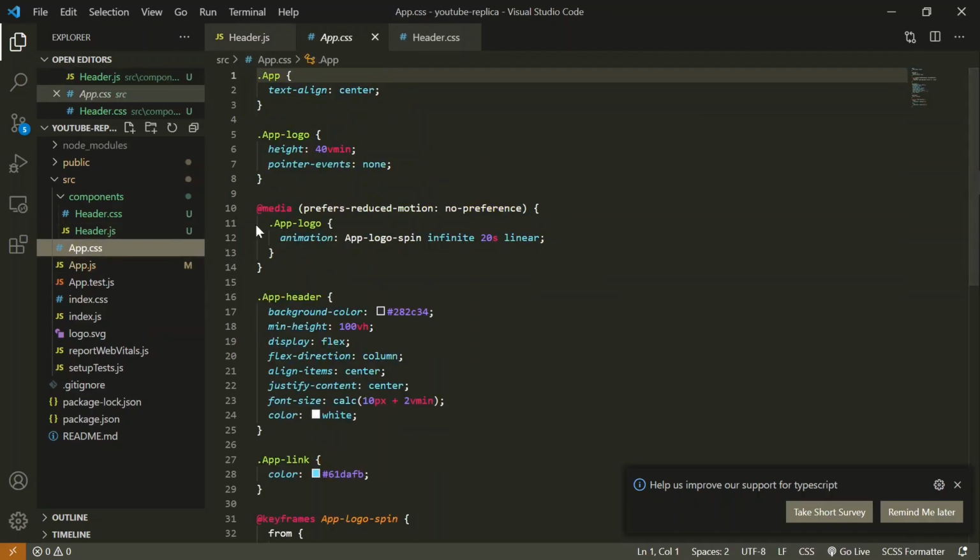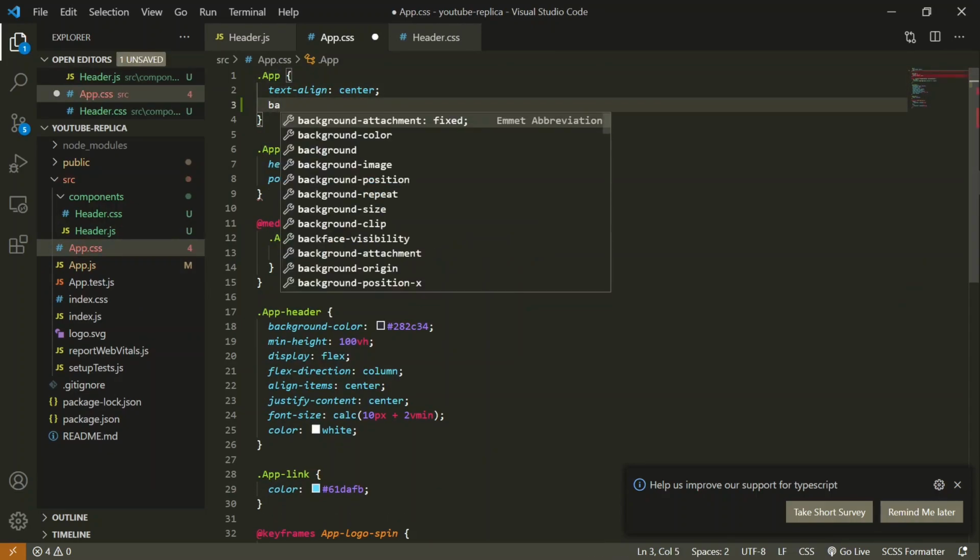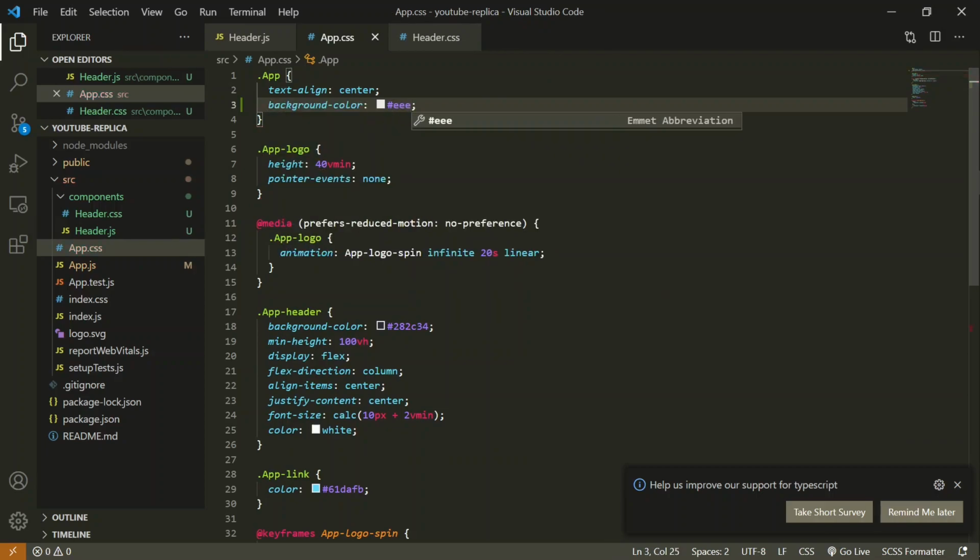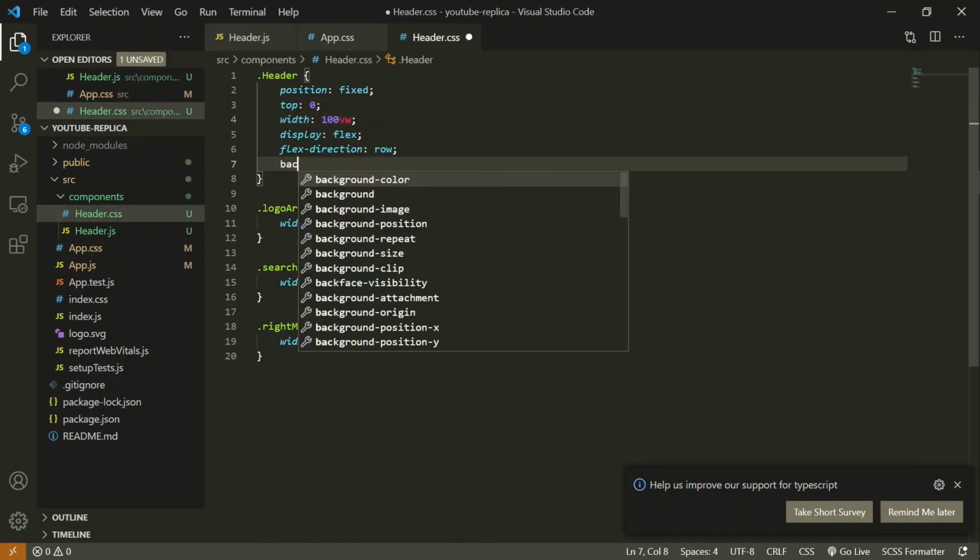Now on the UI you can see that the whole header is divided into 3 different parts. Now we are going to start placing items inside each area. So for the logo, I'm going to download the YouTube logo and place it inside this. I'm going to give a background color to this particular header so that it is visible to our eyes. I'm going to open App.css and inside this app, I'm going to apply a background color that I will keep some light gray. And similarly in the header, I'm going to place a background color of white.